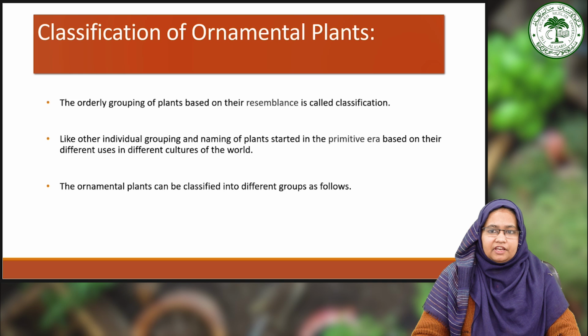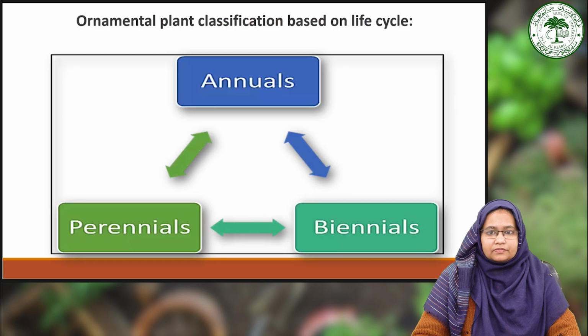Moving forward to the classification of ornamental plants. As we know, the orderly grouping of plants based on their resemblance is called classification. Like other individual groupings, the naming of plants started in the primitive era based on their different uses in different cultures of the world. Ornamental plants can be classified into different groups as follows. The first type of classification is based on their life cycle, and in this type they are classified into three groups: annuals, biennials and perennials,